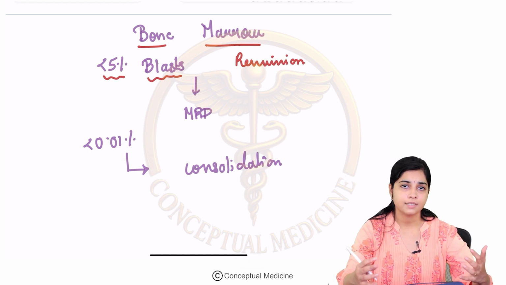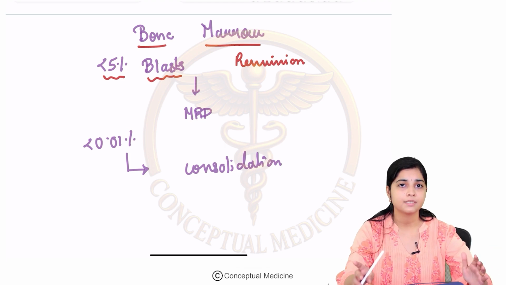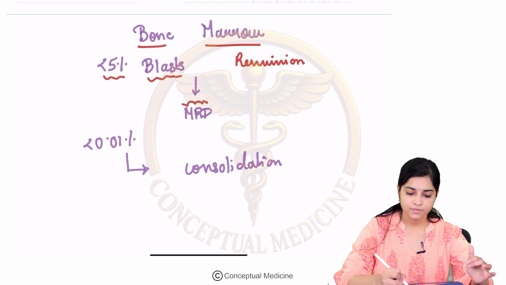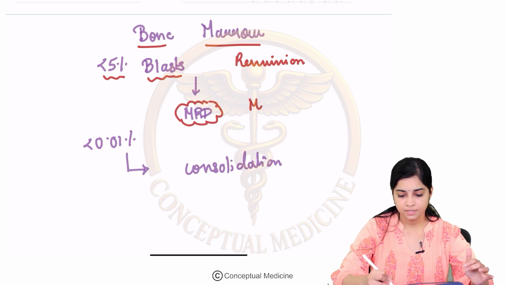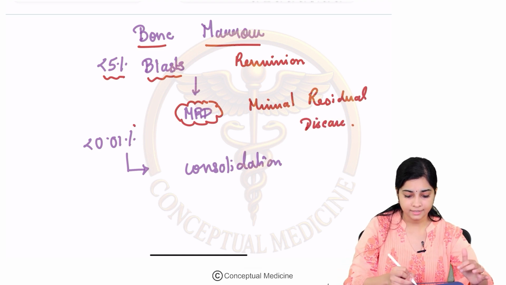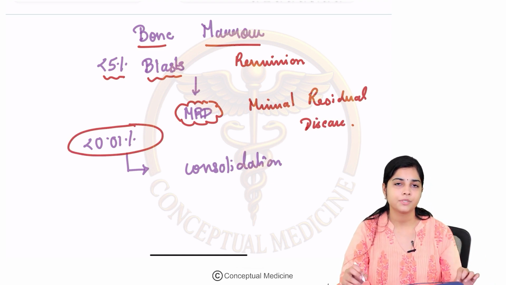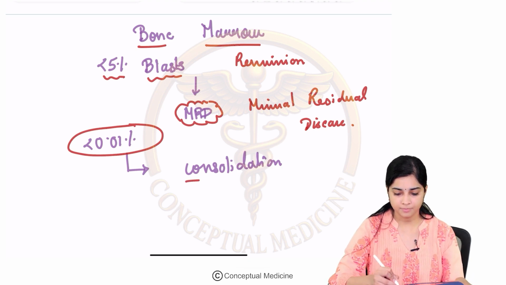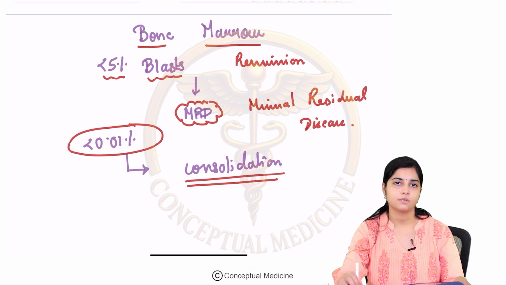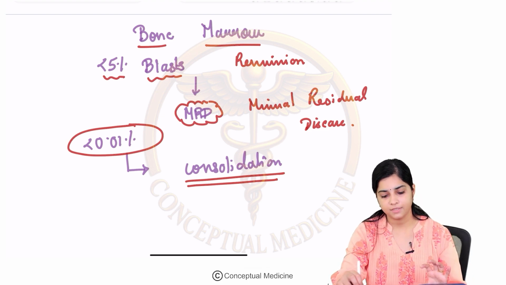But now, in this era of molecular diagnostics, we do not look at only the blast percentage. If the blast percentage is less than 5%, we look for something called minimal residual disease or the MRD, and we target an MRD of less than 0.01%, and only if the patient has achieved this MRD of 0.01%, then you go ahead with the consolidation phase. So induction phase is 7+3. Repeat a bone marrow and then you see the MRD for your 0.01% or less, and you go ahead with